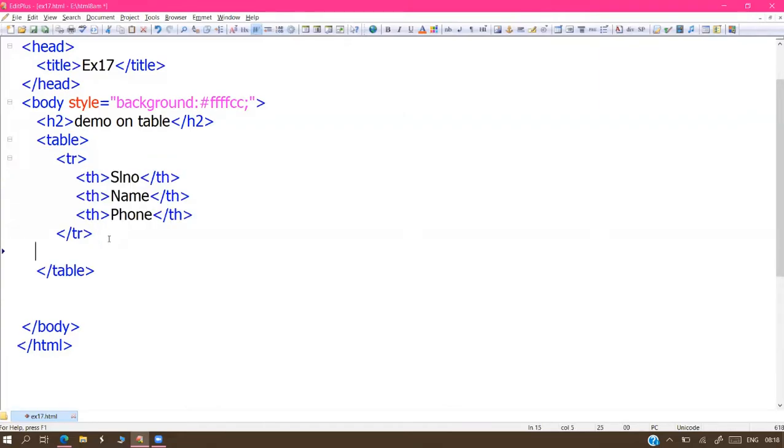Next, second row we are starting, sir. TR. And next here what do we do? Headings completed, next we need the data. TD started. So TD inside: serial number one, the name of the student. You can take any names, there is no problem.